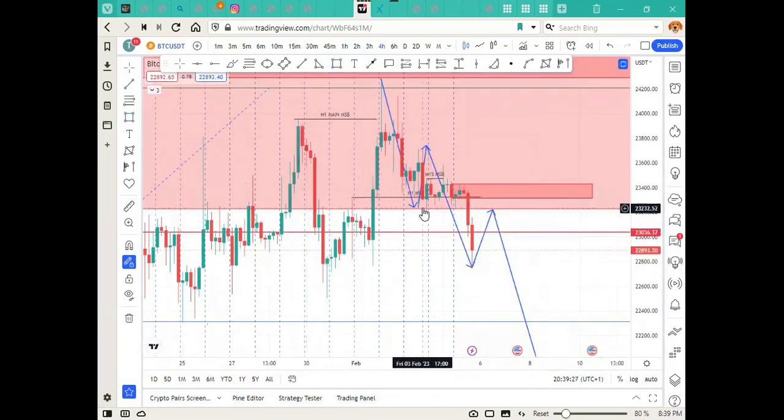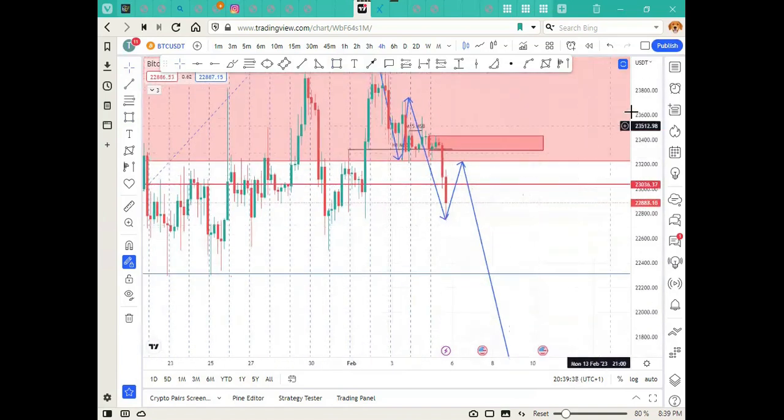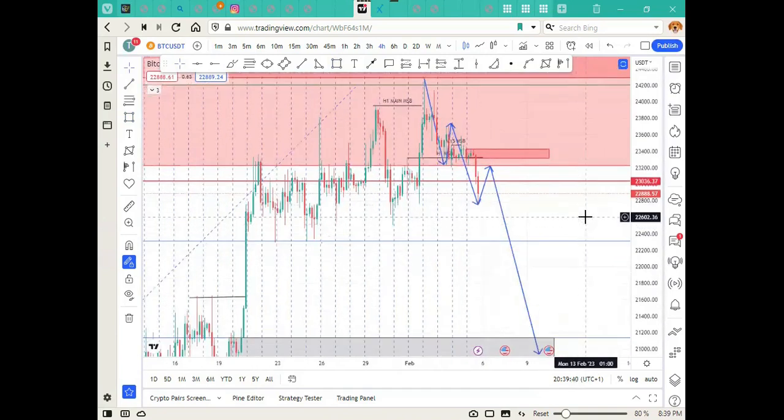And what else can I see? This is a market structure break, which is going to do a return to origin. And over here, has it broken this? It has not broken it yet. So this is mainly what I see now on